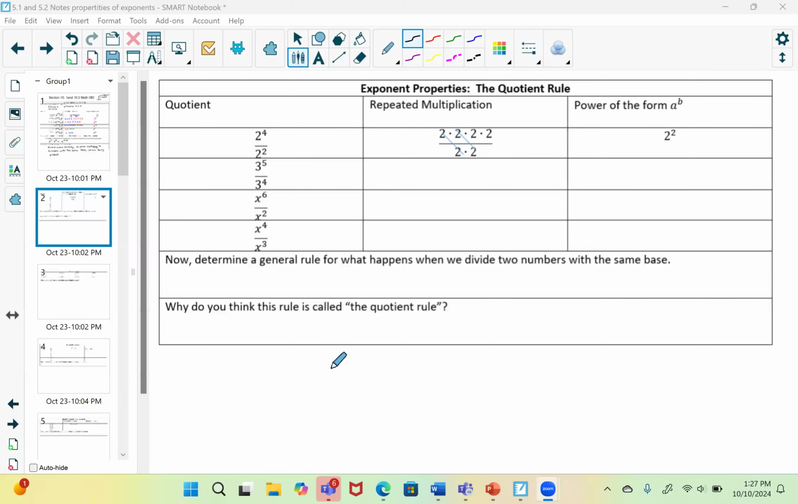Okay, so the second rule, again, we're picking up the same worksheet, 10.1 and 10.2. We're looking at exponent properties, and this is on the bottom of the first page. We're looking at the quotient rule, okay? So for quotient, again, this says, why do you think it's called the quotient rule? Remember, quotient means dividing, and since we are dividing,